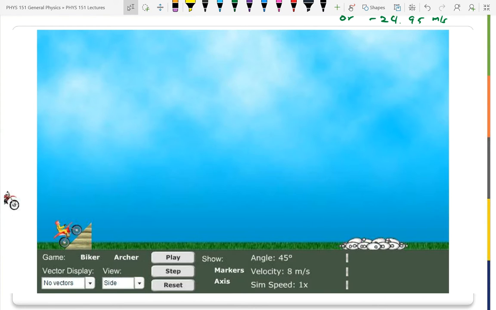Because the speed when you land in the vertical direction is going to be the same as the speed you started with if you land at the same height. And since change in speed is a delta t, if you have a bigger change in speed, you're going to have to be in the air longer. So you're going to be in the air longer, but you're going slower horizontally. Whereas if you go to a flatter angle, you're in the air less time, but you have a faster horizontal speed.